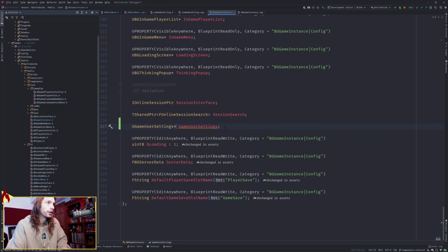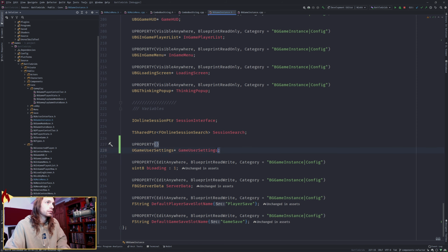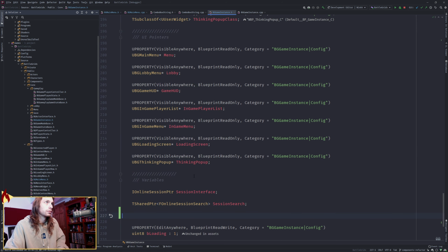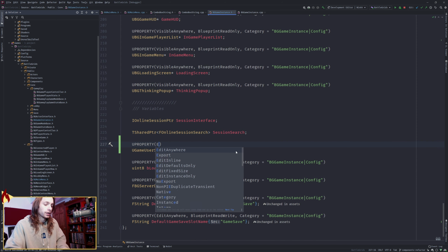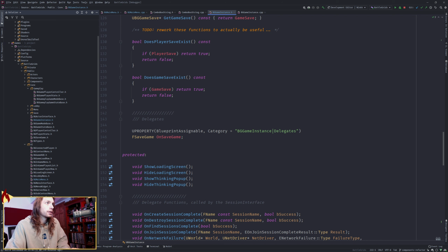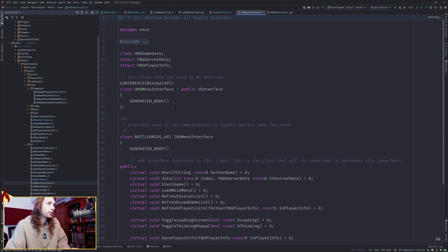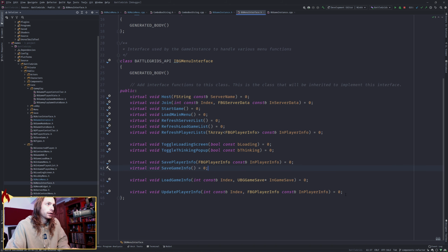Maybe just a pointer? Can we do that? Make this edit anywhere, blueprint read write, category equals BG game instance config. And our menu interface here, I think we should have